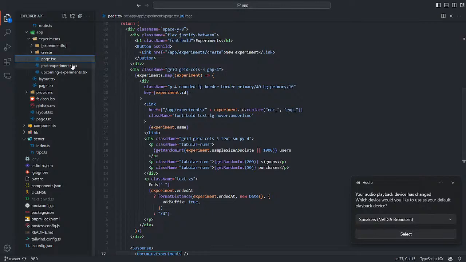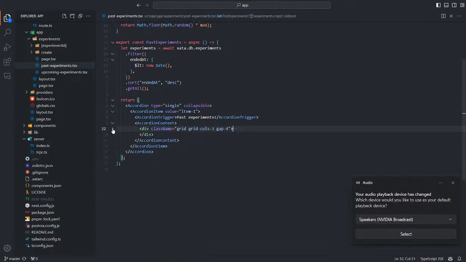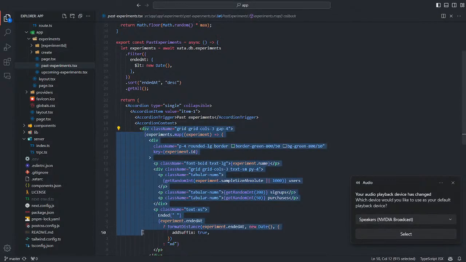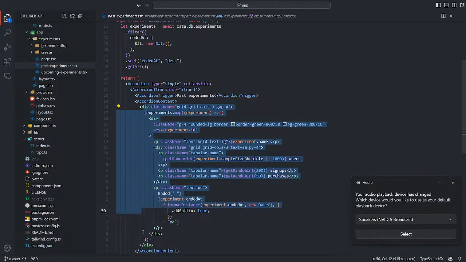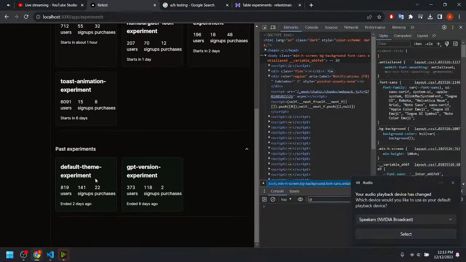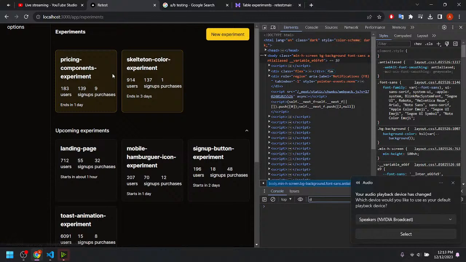I was thinking that I can use a link here in the experiment name, but we can create a component wrapping this logic, and conditionally render the colors, because right now the colors are green for past experiments, gray or black for upcoming experiments, and the running experiments are yellow.